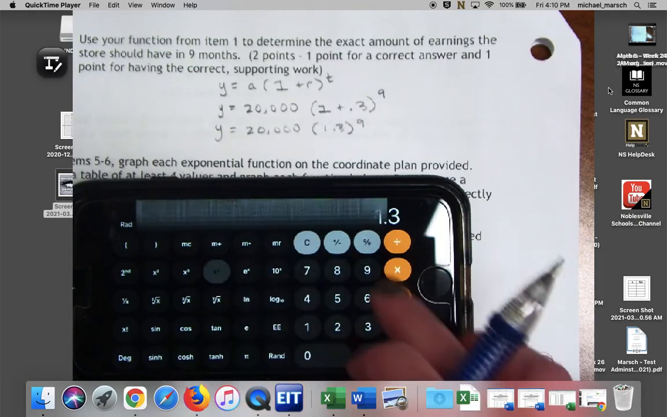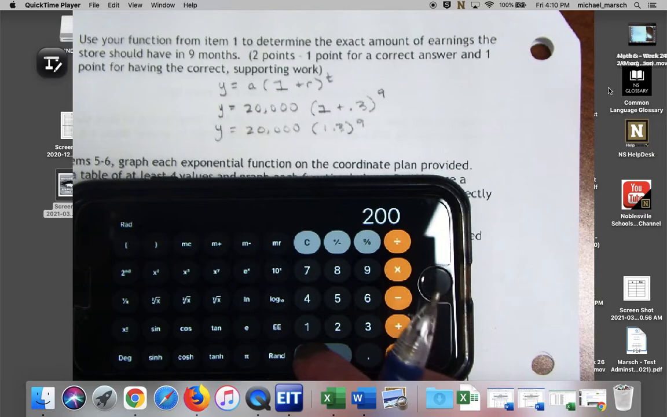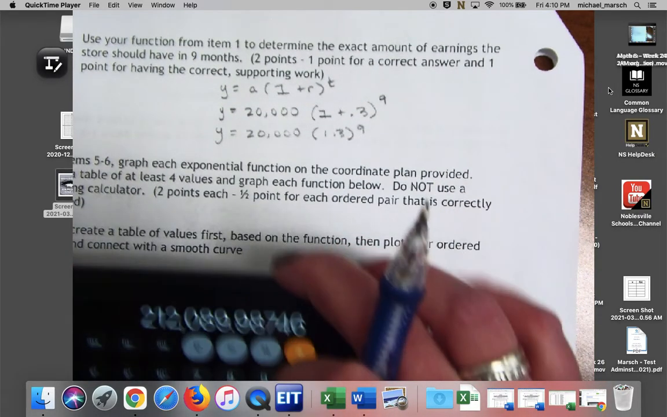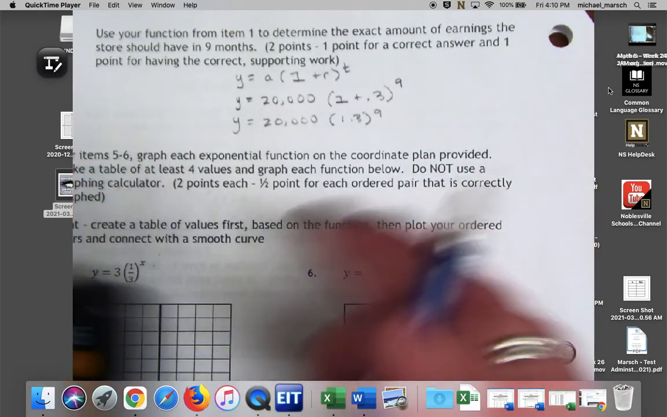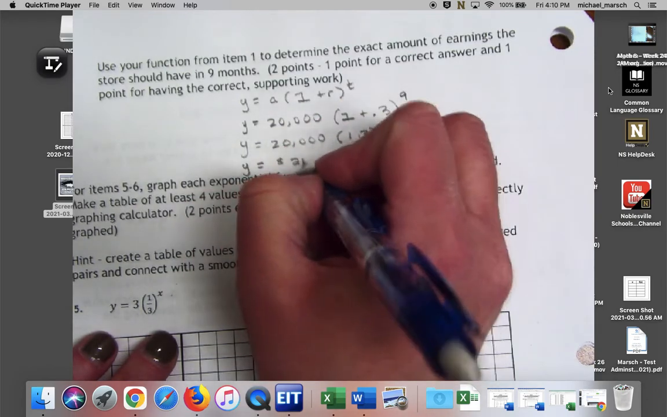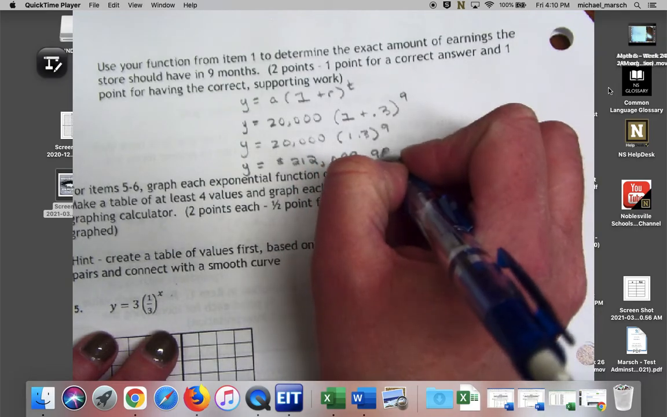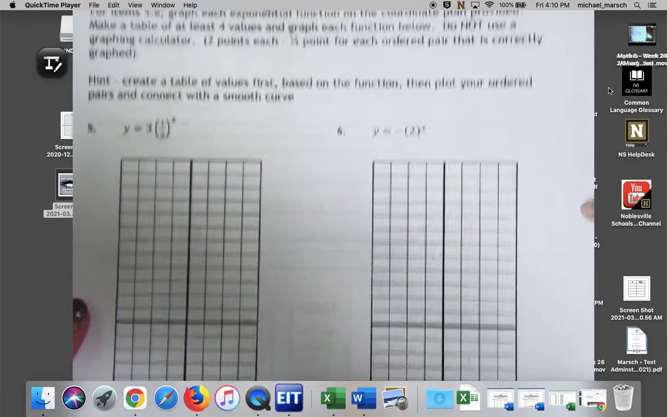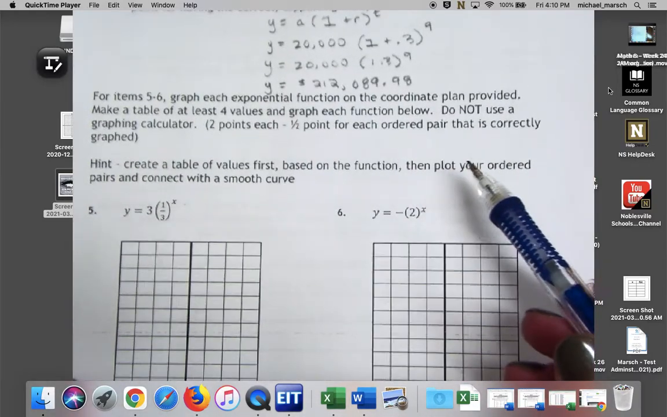(1.3) raised to the 9th power times 20,000 equals, ooh, they have a lofty goal there, $212,089.99. So y equals $212,089.98. That's their goal. Okay, for items 5 and 6, it says, graph each exponential function on the coordinate plane